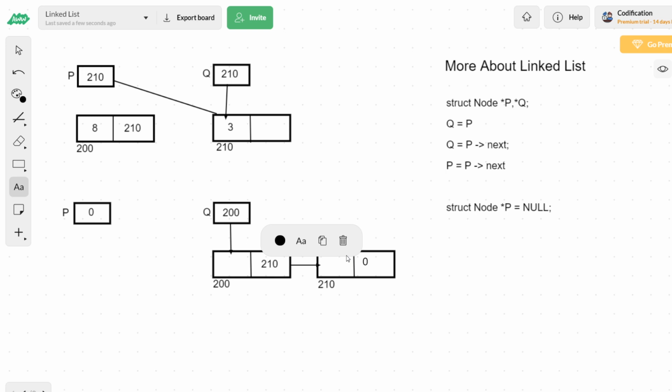Now the question is very simple. You will be given a pointer and you have to check whether it is the last node. How will you check that? I'll come to that. But before finding whether a particular node is the last node, first I will give you a scenario: a pointer is provided, and you have to check whether that pointer is holding null.